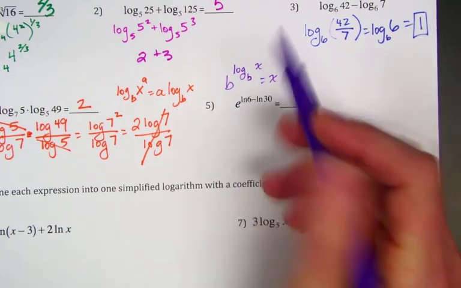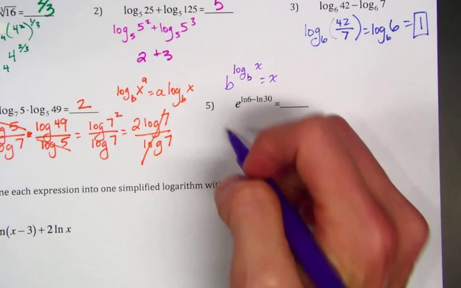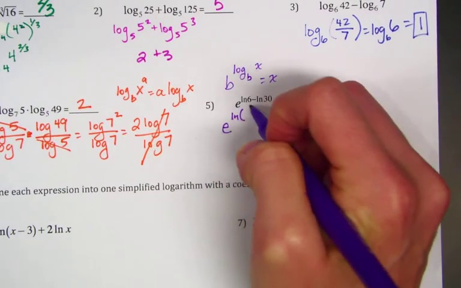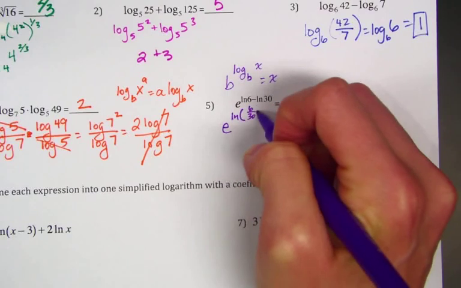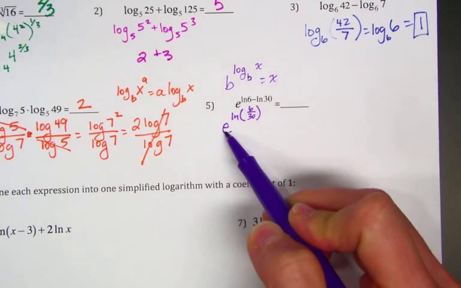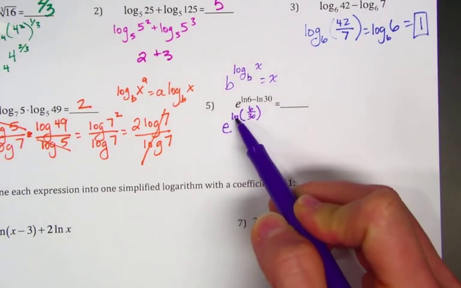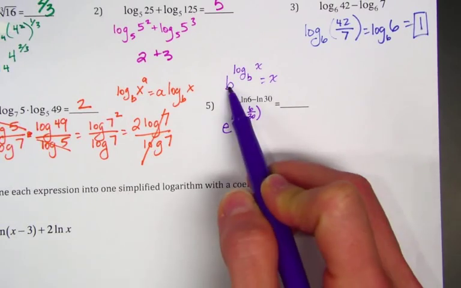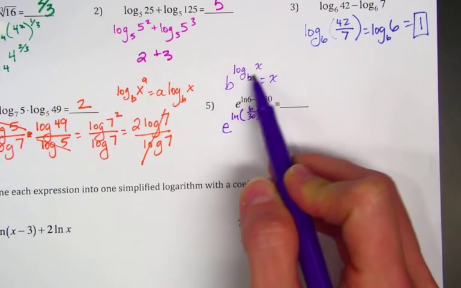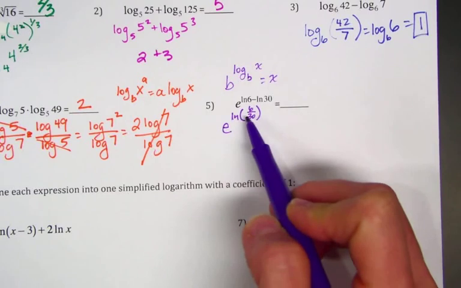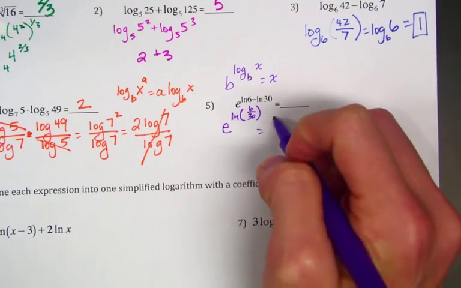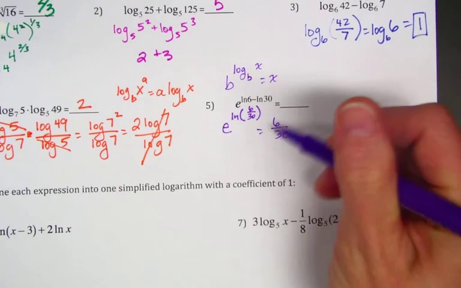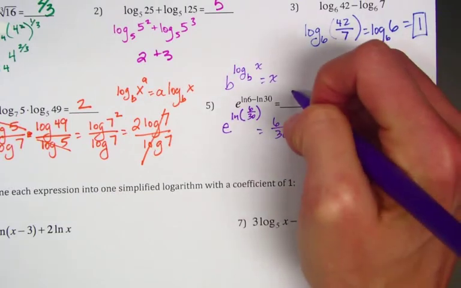The thing is, if we have 2 logs with the minus sign, we can use the quotient property. So this is really the natural log of 6 over 30. And since the base matches, log base e here, it's e raised to the log base e, so this is e and this is e, then I know that whatever I'm taking the log of has to be the answer. So it's just going to equal 6 over 30, but 6 over 30 reduces. So you need to make sure to reduce, and this is going to be 1